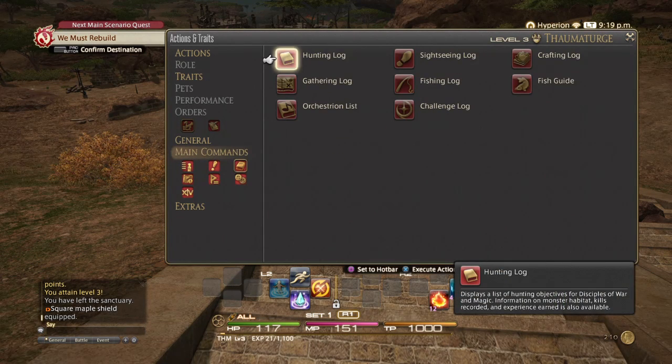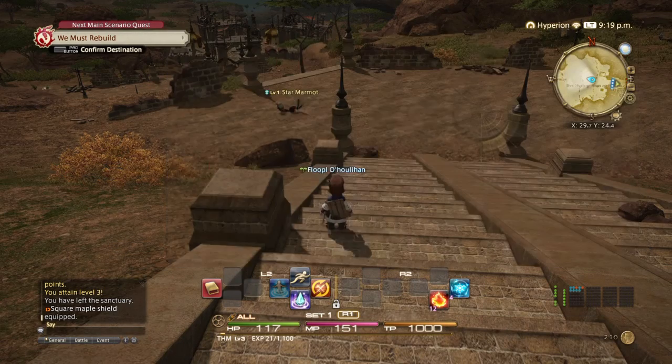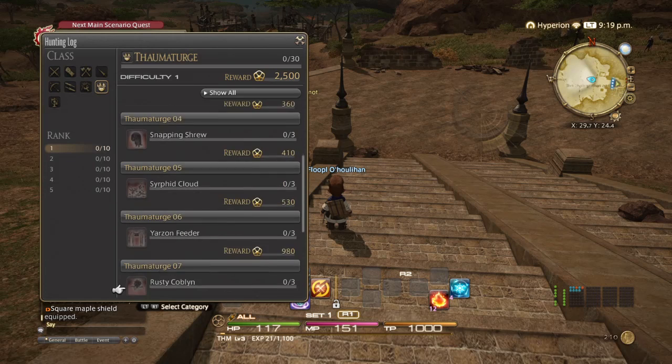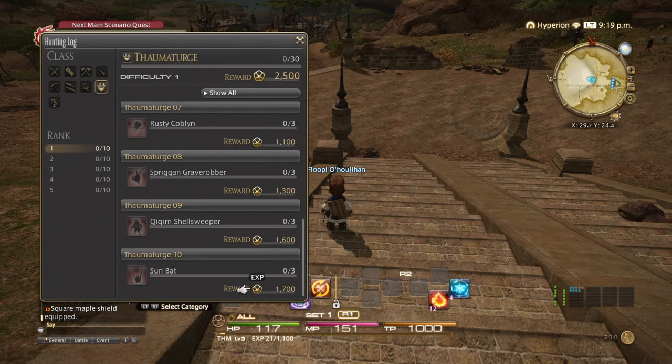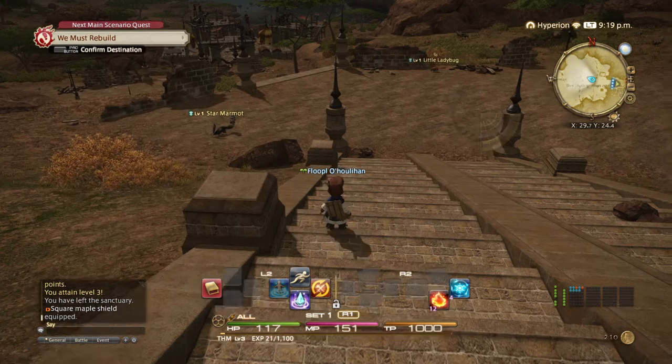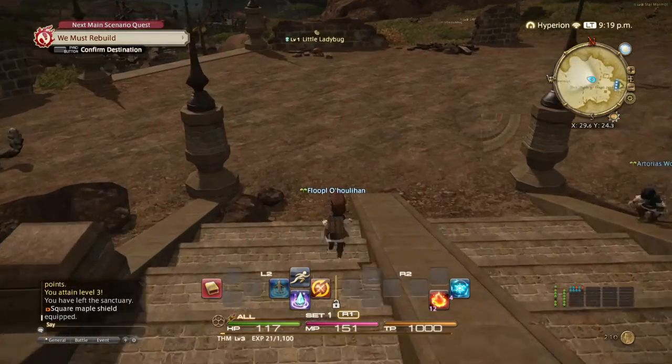Logs. Here we go. So we can set the hunting log to the hotbar. I'm going to set it over here, so we don't have to go into the menu every time. This isn't something I'm going to do with every single one of these, but for the time being, because I don't have that many abilities to equip onto the crossbar, I'm not going to worry too much about